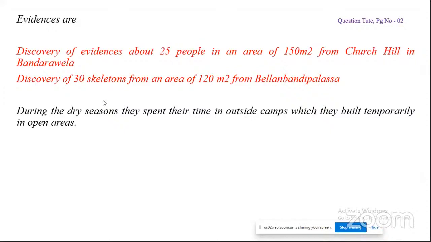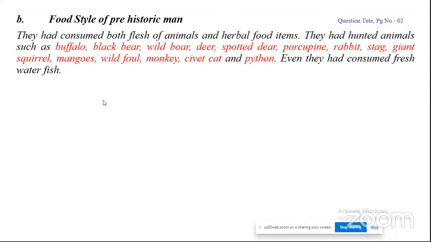Okay, this is the second heading. Sorry, first heading. Now we'll go to the second heading. The two evidences we wrote. The second heading is the food style. When we come to the food style of prehistoric man, they had consumed both flesh of animals and herbal food